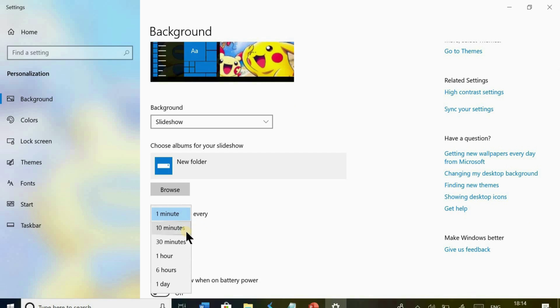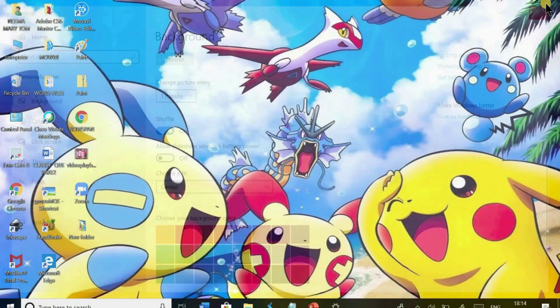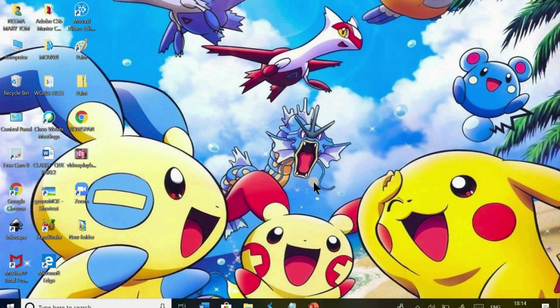For that, click on the drop down menu. Here you can see 1 minute, 10 minutes, 30 minutes. Here I am setting 1 minute, and we can set Shuffle on or off. Shuffle on will display pictures in a random order, otherwise it will display the pictures in the same order as in the folder. Now close that. After 1 minute the next picture will appear.